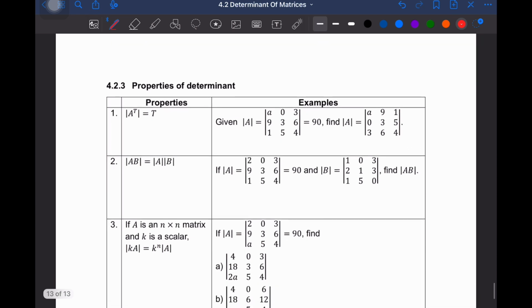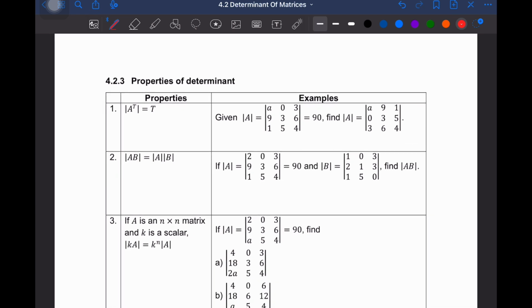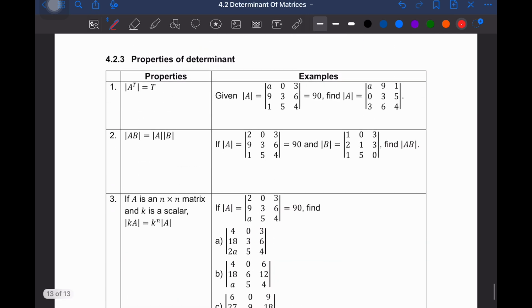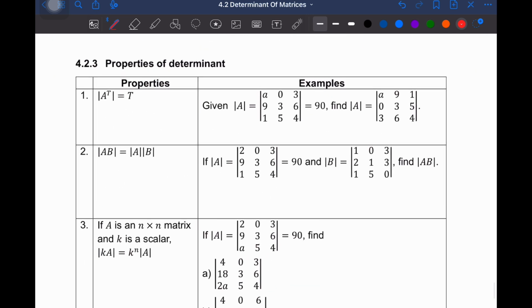Okay, so moving on to the last part, 4.2.3, properties of determinant. So properties of determinant, there are 7. Okay, so there are 7 altogether. So the first property is